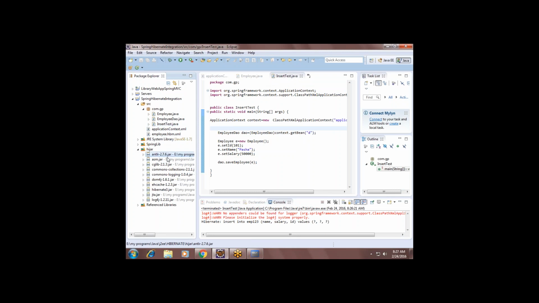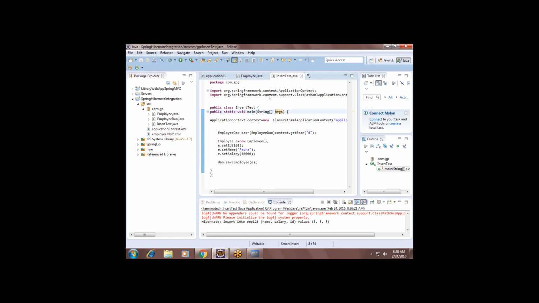See, these are the normal jar files which we started with earlier. 1, 2, 3, 4, 5, 6, 7, 8, 9, 10 jar files. That's it. And the Spring jar files. And I have used OJDBC separately, right? So automatically, see, there is no coding problem. If you observe inside the program, there is no coding problem, but still there is a big error which is not even catchable. So it is a complete jar conflict.